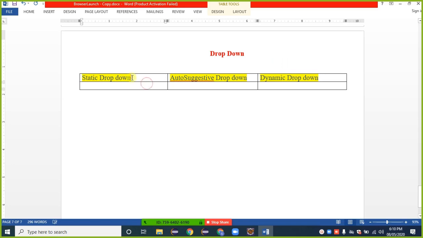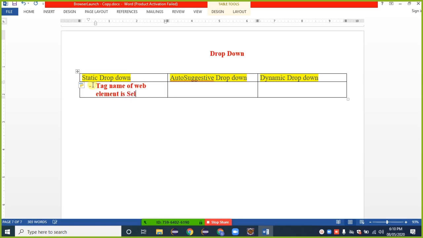These three are the drop downs available on the web element, on the user interface. So first we need to identify that drop down. So how to identify whether a drop down is static, auto suggestive, or dynamic?